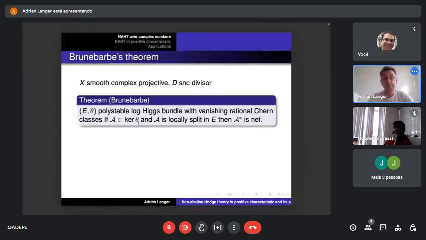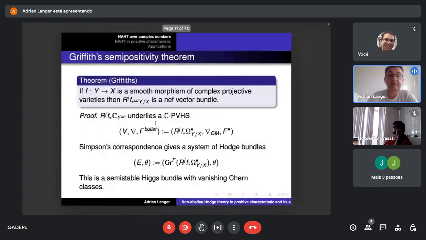So this is really a direct generalization of this theorem due to Griffiths, except that it works in the logarithmic case,